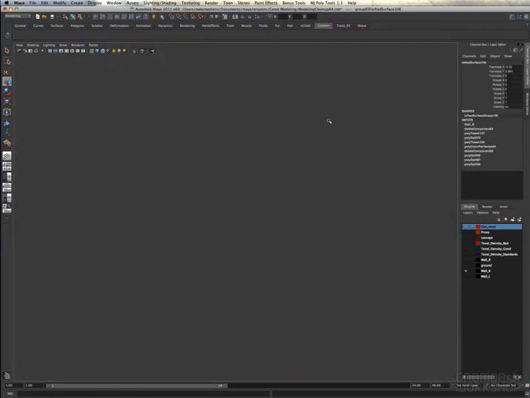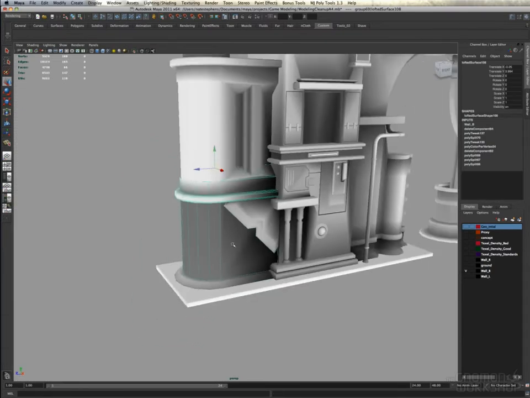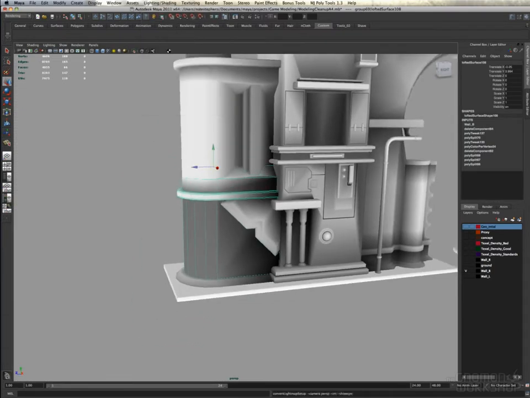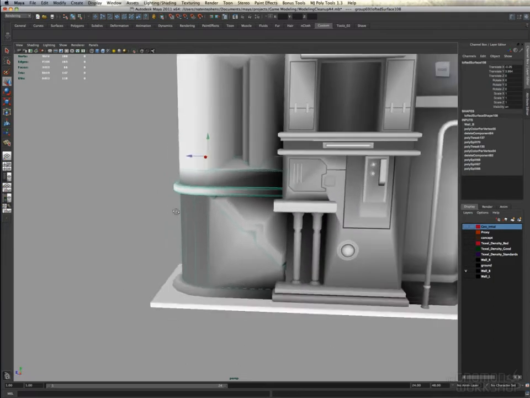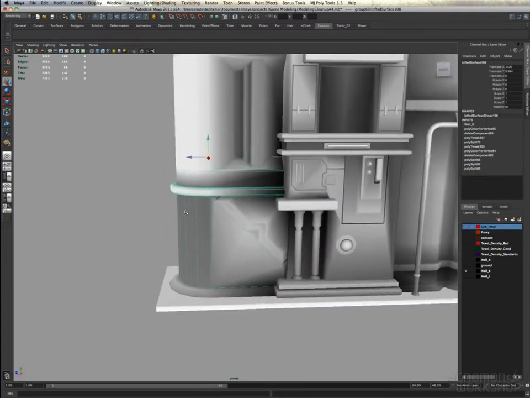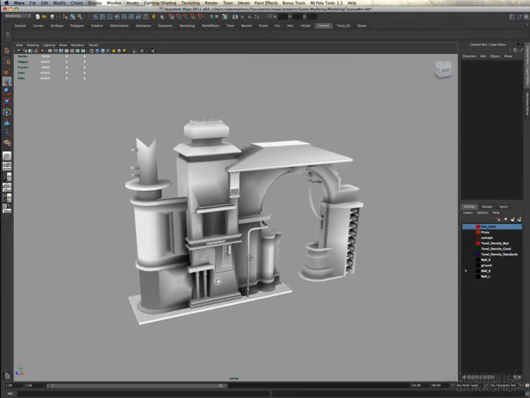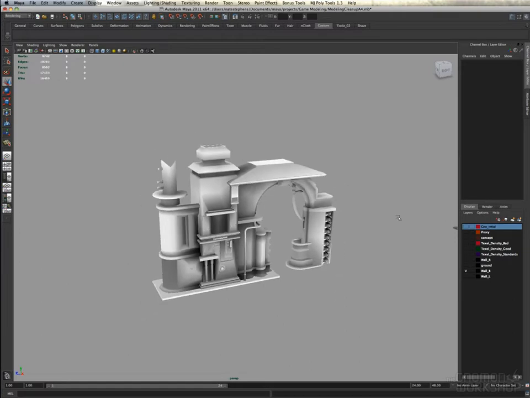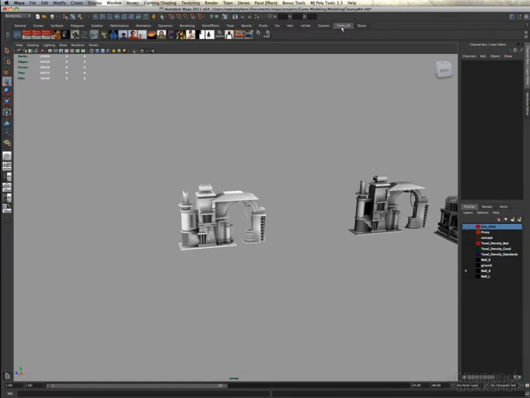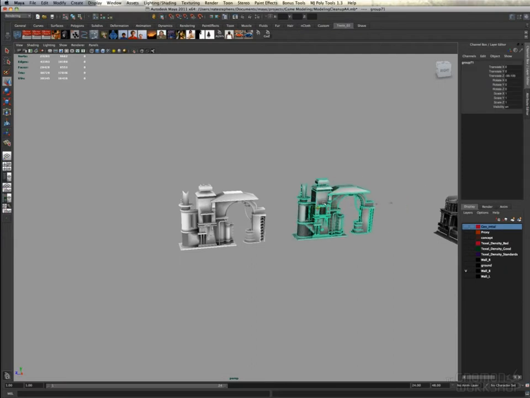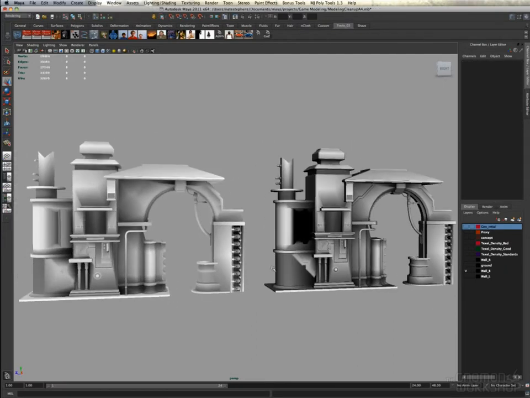So I'm just kind of pulling some points. Now sewed that together. Another thing I should mention is that as I'm stitching these pieces together, I'm creating a lot of 5- and 6-sided polygons. Eventually I have to go in and clean those up as well so that they'll light better. But I'm not really worrying about that right now, just because I can do that when I'm all done using